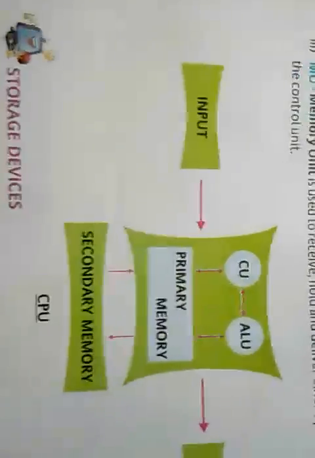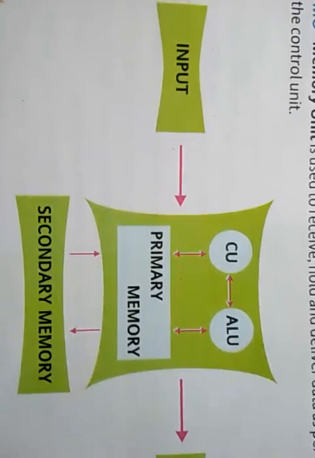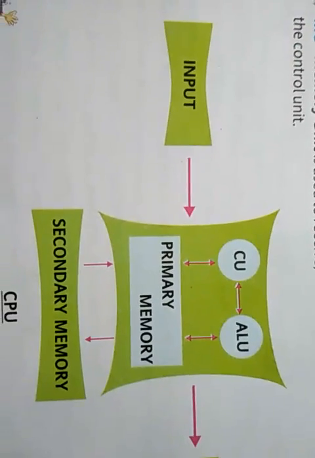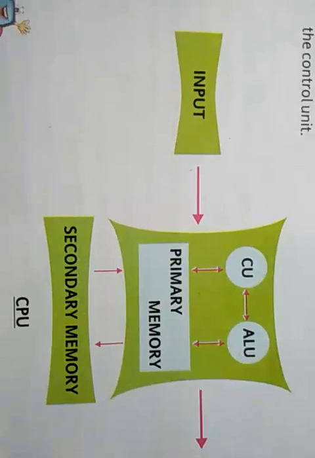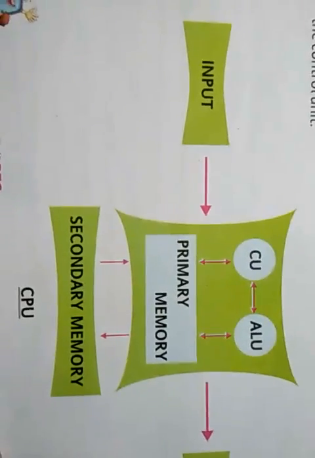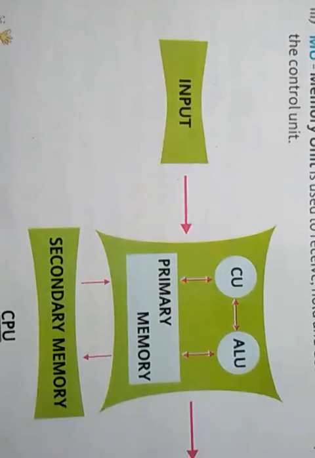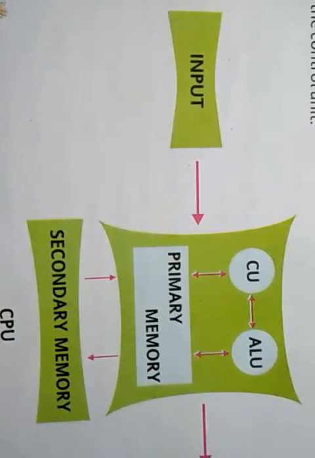Now here is the basic structure of a computer system. The central device, called the CPU, is divided into two units: one is the CU and second is the ALU. Memory is also connected with the CPU. CPU stands for central processing unit. The data will be input from the input devices. This will first be stored in the computer memory. Then the work of the CPU will start.